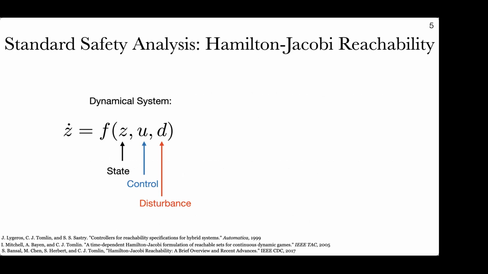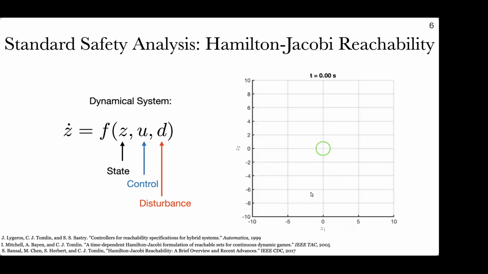So, cool. Okay, so we do something that's called a Hamilton-Jacobi reachability analysis, which is a mouthful, but the steps of it are more or less straightforward. So we assume that we have some model of our system. So we have states. In robotics, this would be like position, velocity, angles, etc. We have some inputs to our system. We call them the control, and we potentially have uncertainties or disturbances to our system that we call the disturbances.